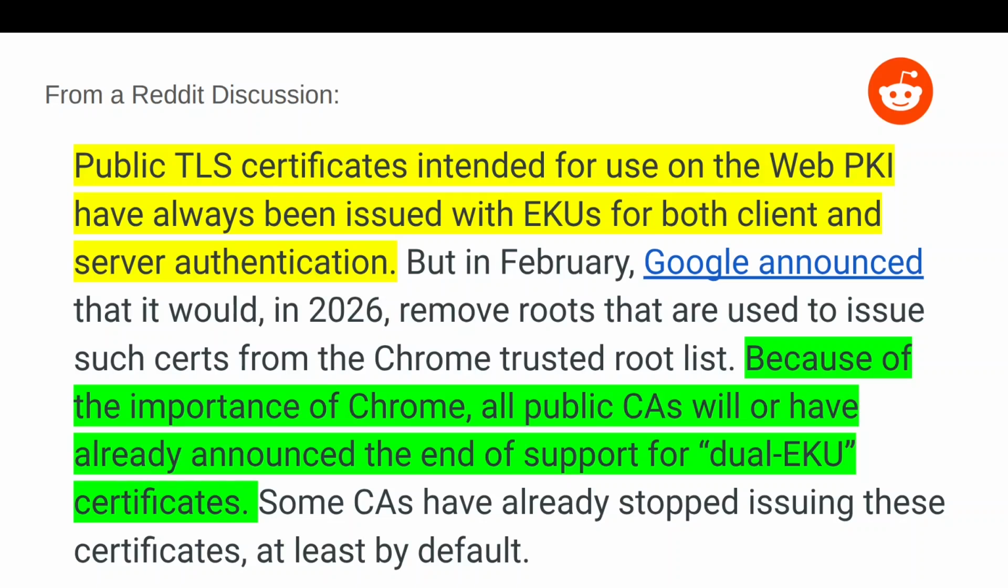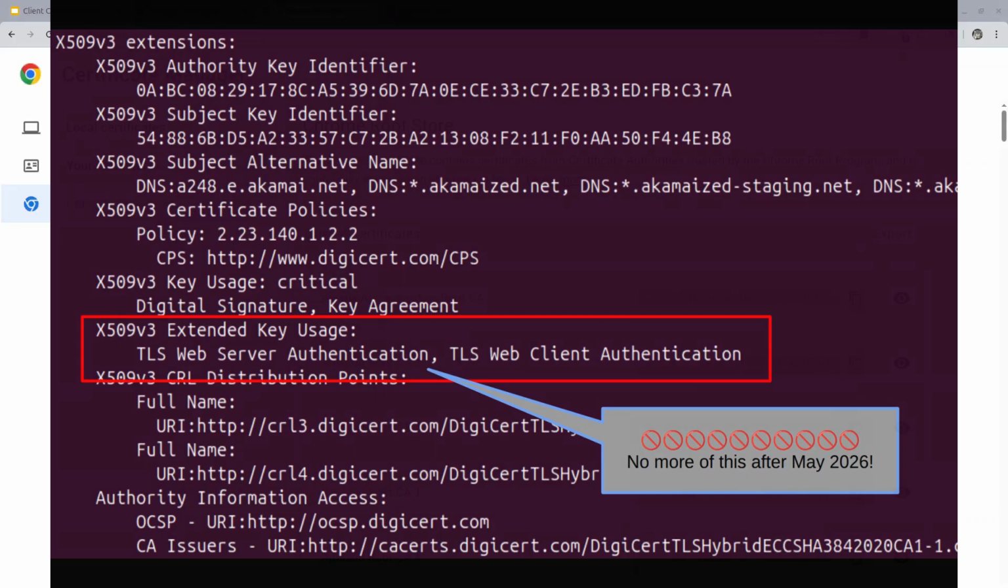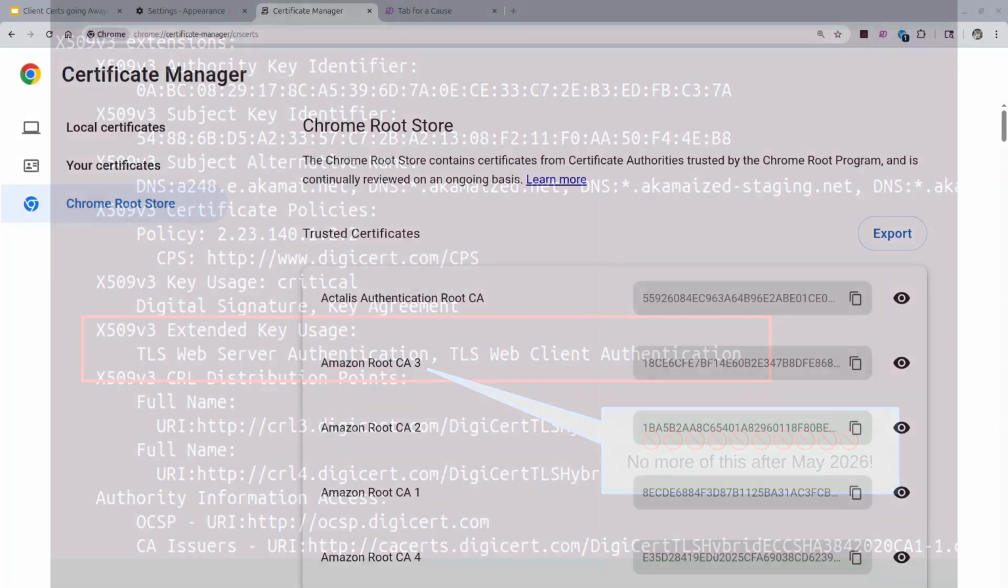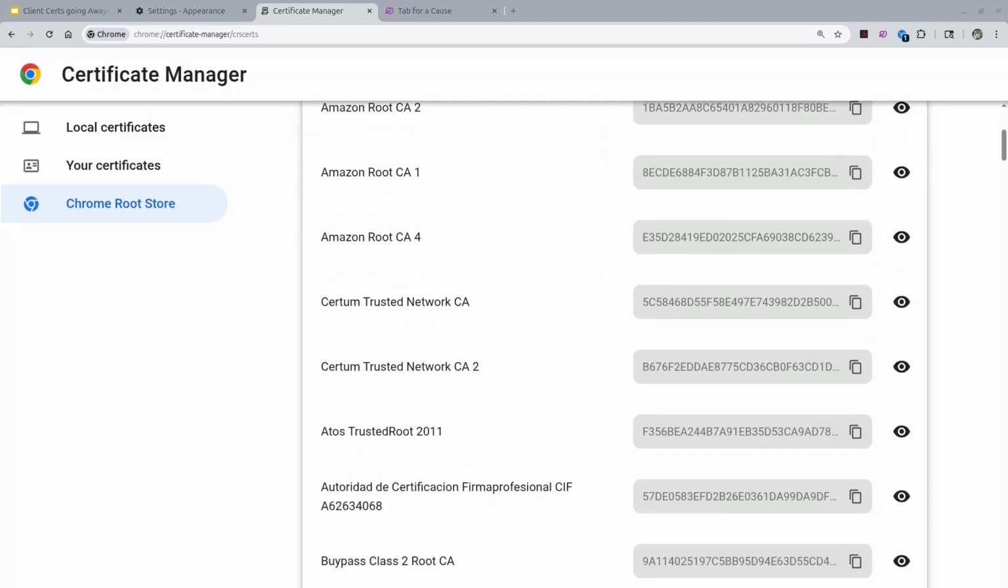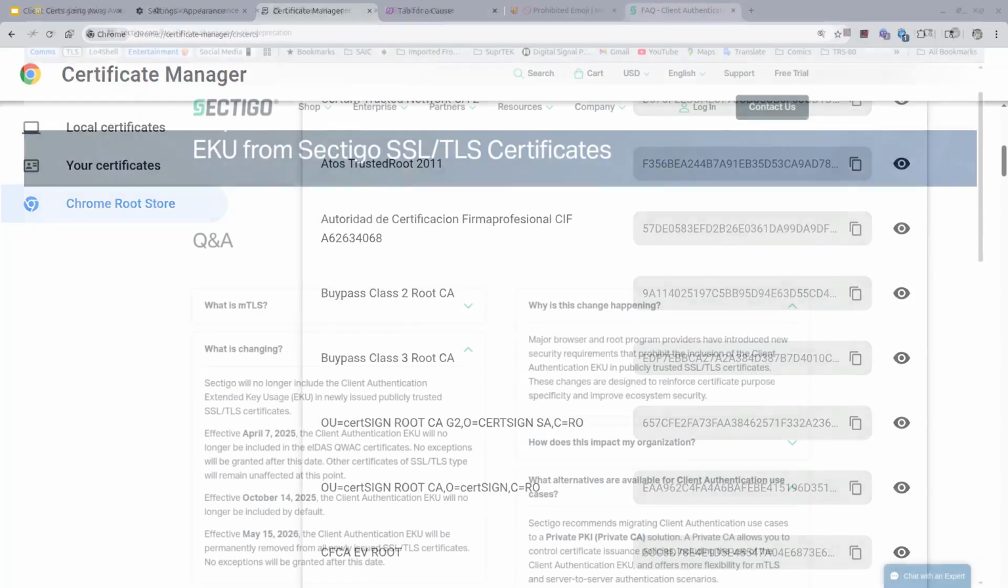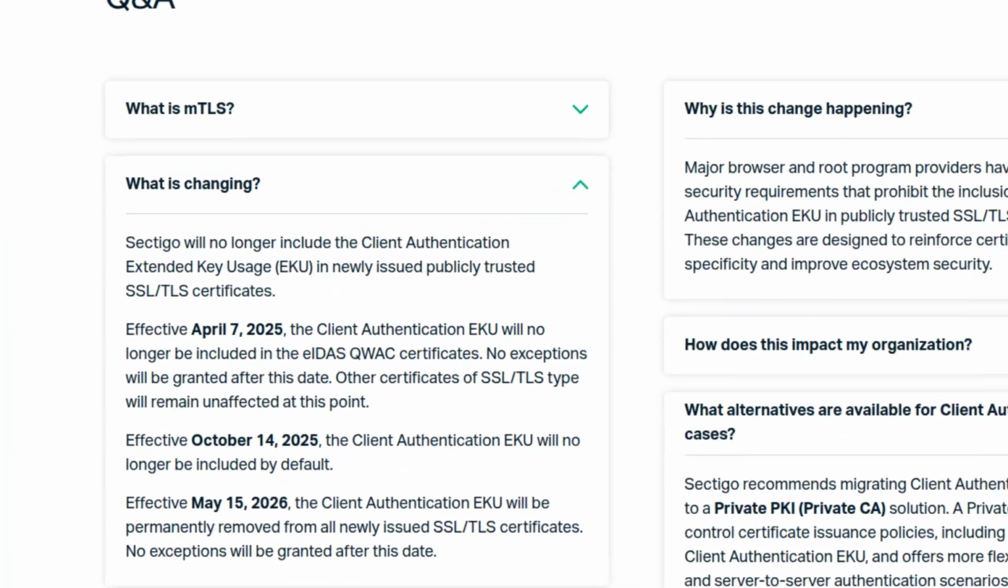So what is happening is that Google has put their rather large foot down and decided that starting in May 2026, Chrome will no longer accept a server certificate that also has client auth set. Furthermore, none of the root CAs that Google includes in the browser trust store may be used to sign certificates with client auth set, only server certificates. CAs refusing this restriction will not be trusted by Chrome. As a result, all of the public CAs have announced that they will no longer issue any certificates with client